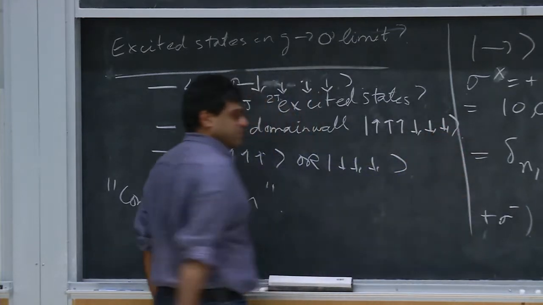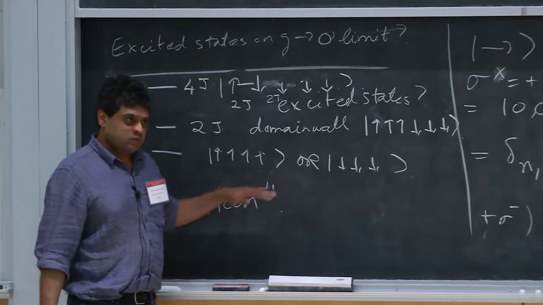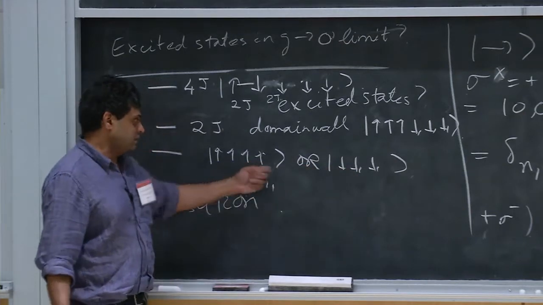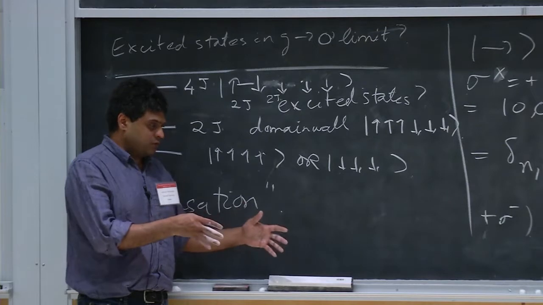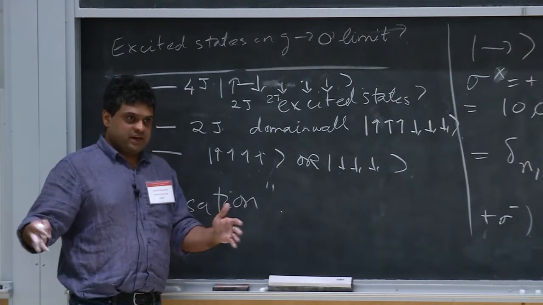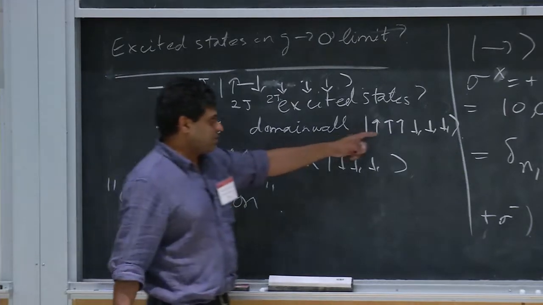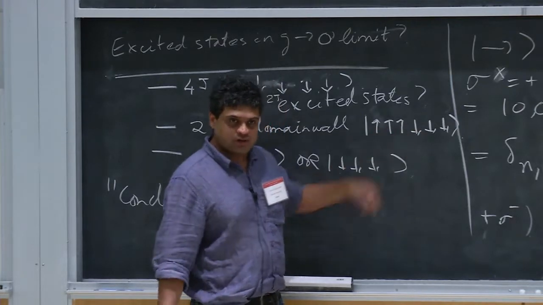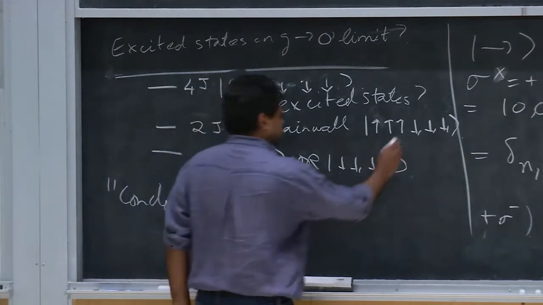So you have some broken symmetry state, you have multiple vacua, multiple ground states. So these ground states all have the same energy density. If you look at the energy per site, by symmetry they are the same. So what you can do is you can take one state in one part of your system, another state in a different part of your system. The energy per site is going to be the same as having just one state, but where they meet up against each other, there can be some surface energy cost. Okay, but that is of course small in a one-dimensional system. It's just like an excitation energy.